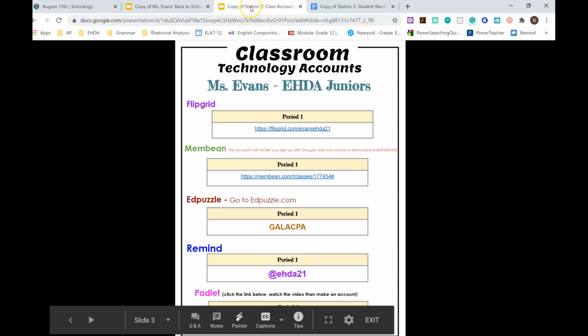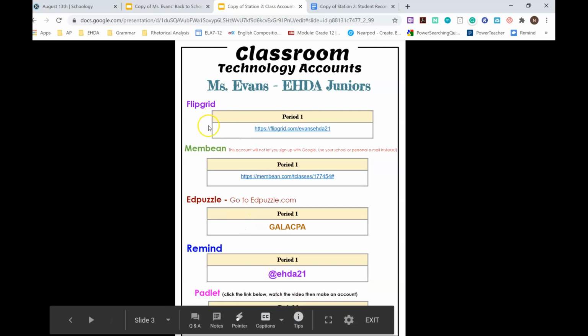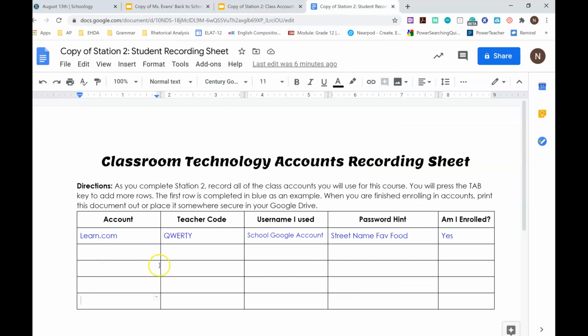Okay, so that is station 2, okay? This is what you're doing. You're just clicking on all of these things. You're going to all of these sites and you're making accounts and you're recording all of that on your recording sheet, okay? And if something doesn't work, like, oh, this link, or oh, I don't have the code,